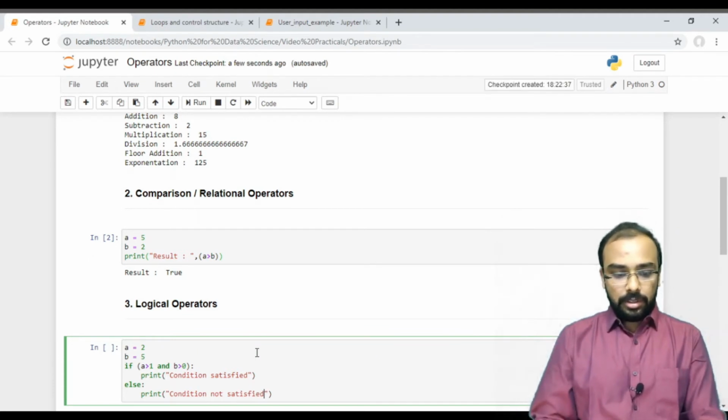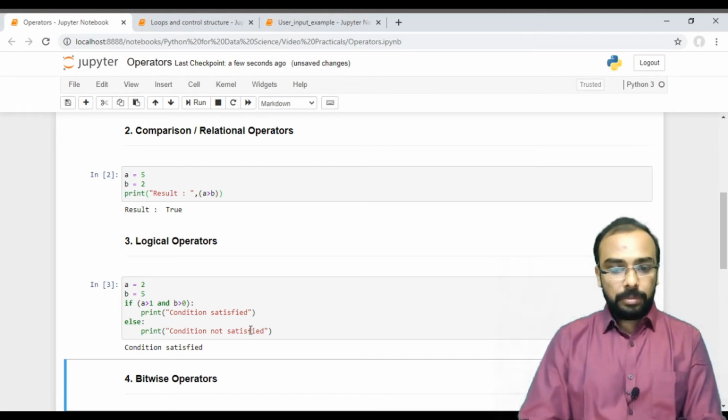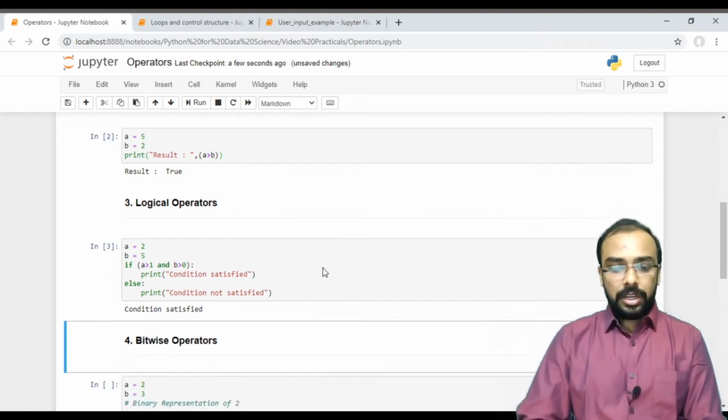So let us run this. So here you can see that the condition is matching, so it is printing condition satisfied.